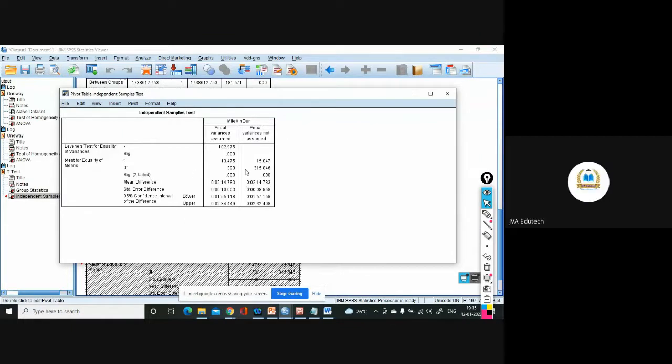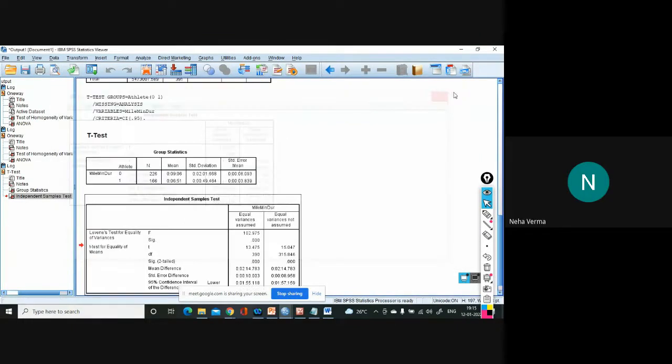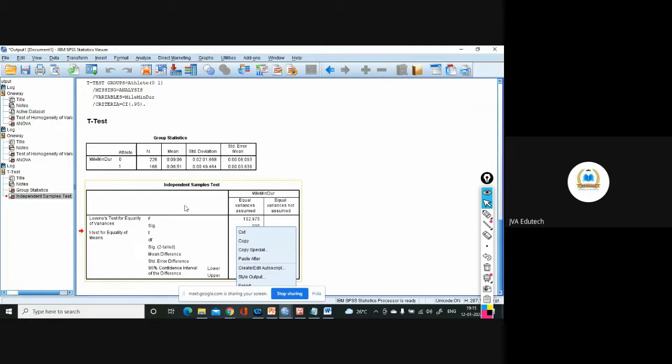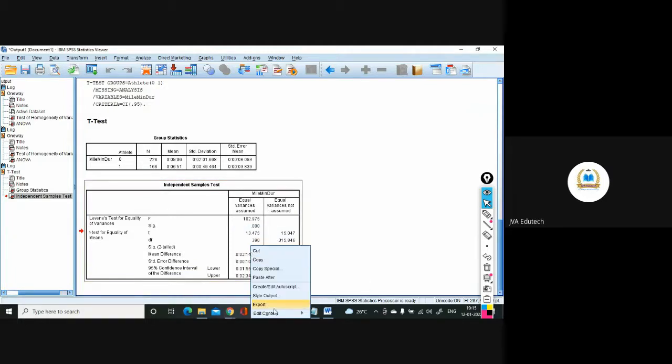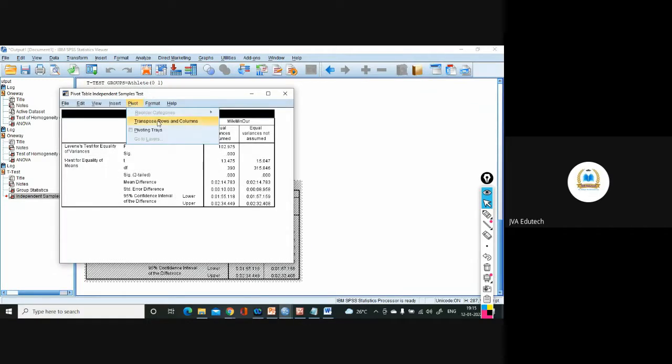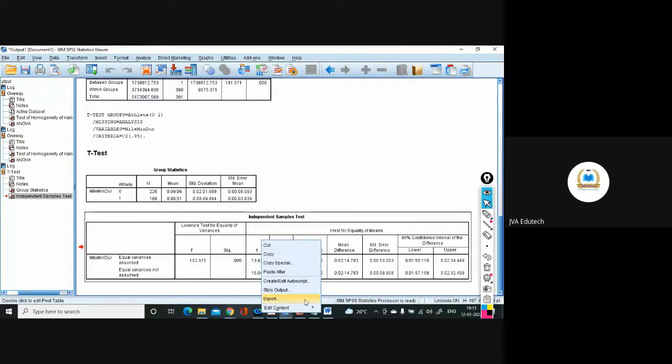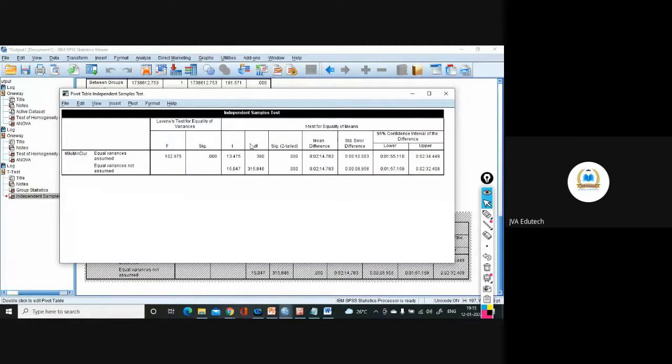Yes. All values you have got like this. The moment you will close it, it will become like this. Simply copy this table. If you are finding some table not fitting to your page, simply double click it, or choose edit content in separate window.